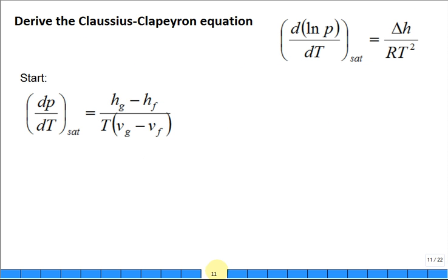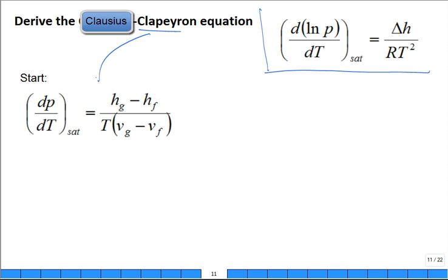How about derive the Clausius-Clapeyron equation? Well, this is the Clausius-Clapeyron equation. Where are we going to start? Let's start with the Clapeyron equation. Okay? So if you start with the Clapeyron equation and you make some assumptions, I'm going to assume that it's